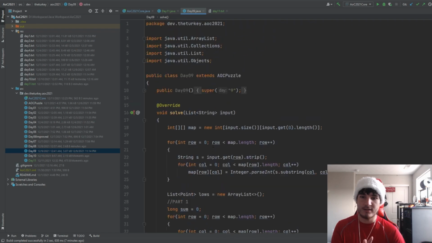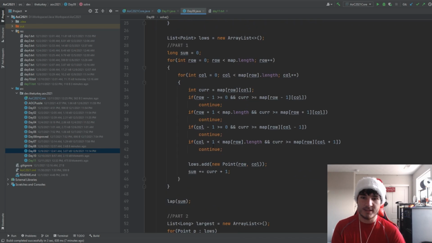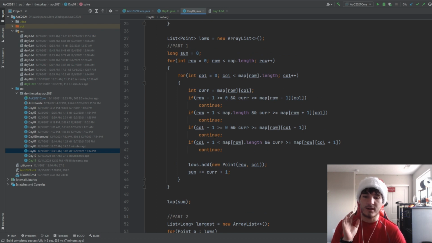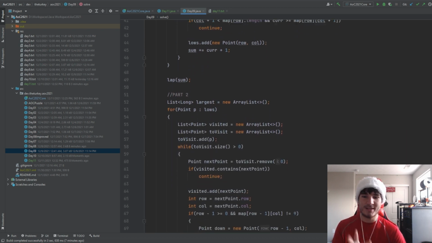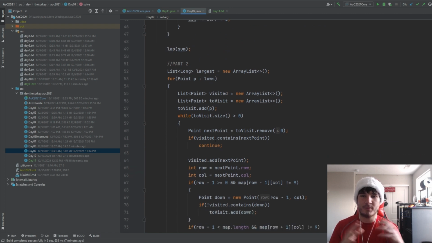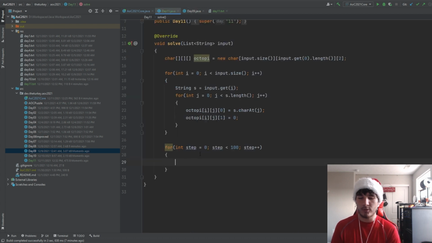That's big there. This day, so we had the basins and whatnot. We did the flood fill. I think it's still a breadth first search. It's the same logic for breadth first search, but it's doing a fill instead. But we can sort of use this logic here, where we can go through all of